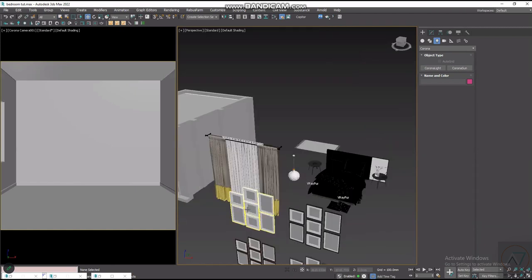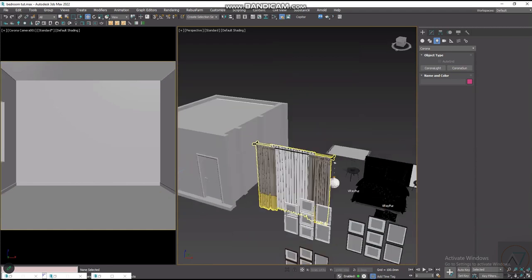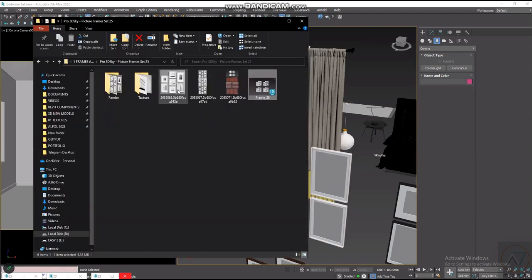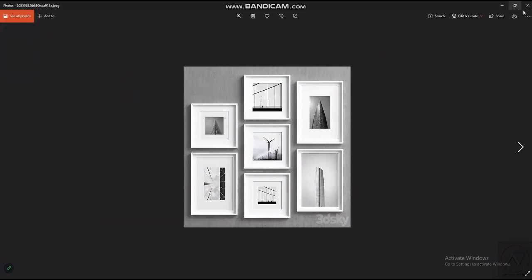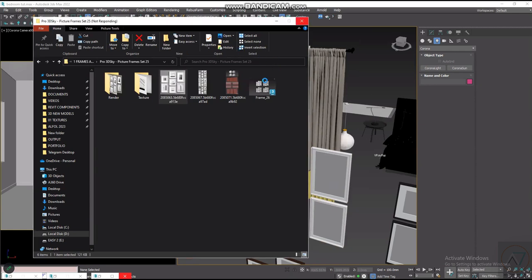So if I render, this is how it will look, they will look blank and nothing. Because when I import this frame, they have pictures. You can see this is how they look initially, but when we imported it, it's giving us a blank. To adjust that, to correct that, to fix that,